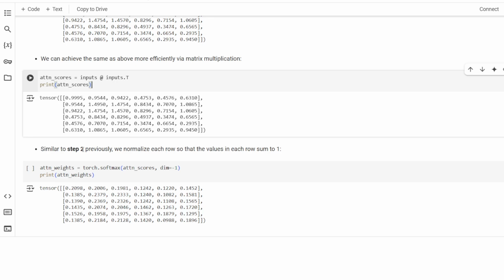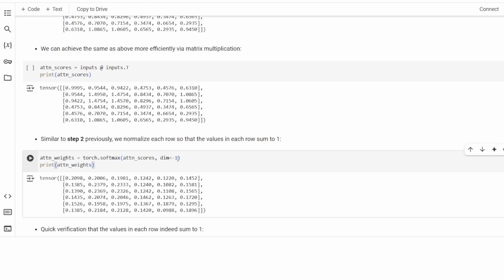Step two, similar to what we had previously, we compute the attention weights by normalizing the attention scores. That's what we're doing here. And this dimension minus one is a very good one because it's going to come up later. This dimension minus one just means use the last dimension, calculate this softmax, and apply it on the last dimension of